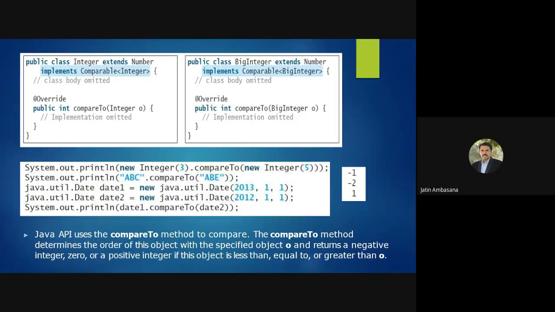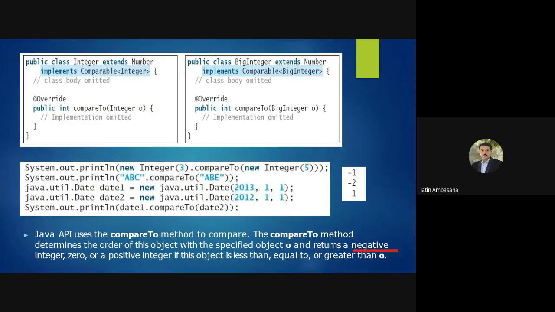So see, when does it return what? The compareTo method determines the order of the object with a specified object O and returns. So it determines an order, a specific natural order, and returns a negative integer, 0, or positive integer. Check this out.